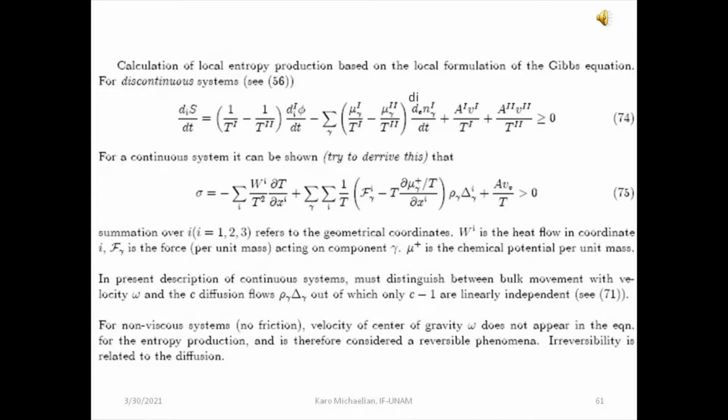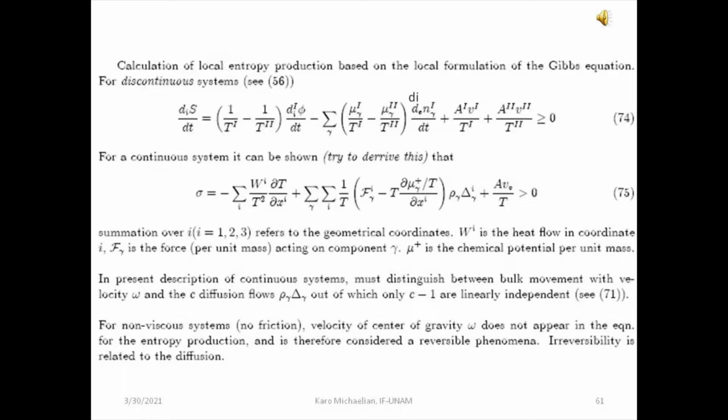So the internal entropy production is just due to one term, which is the force, 1 over T1 minus 1 over T2, times the flow, in this case the flow of heat, plus the flow of energy which is coming in from the matter, because we're allowing matter to flow between subsystem 1 and subsystem 2. So the first term here was the production of entropy due to the flow of energy. The second term is the production of entropy due to the flow of mass, where the mu gammas are just the chemical potentials of